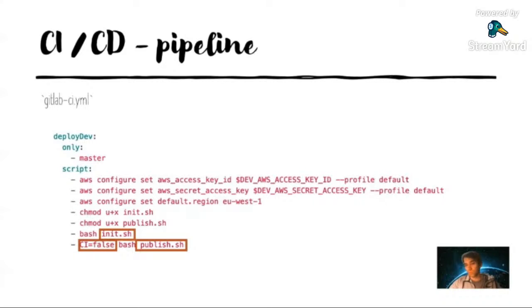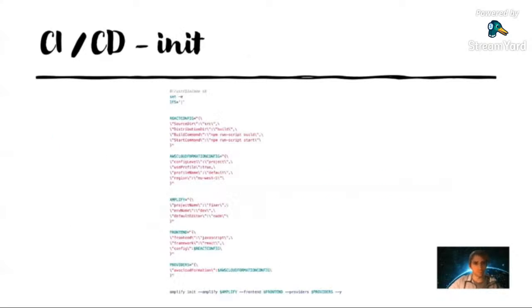Now, the good eye has also seen that there is an environment variable in there, which says CI is false. You shouldn't need this environment variable. Most CI/CD pipelines, or if you deploy a front-end application in a CI/CD pipeline, will have the CI environment variable set to true, which means that warnings will be treated as errors. So if your code produces a warning somewhere, it won't deploy your changes.